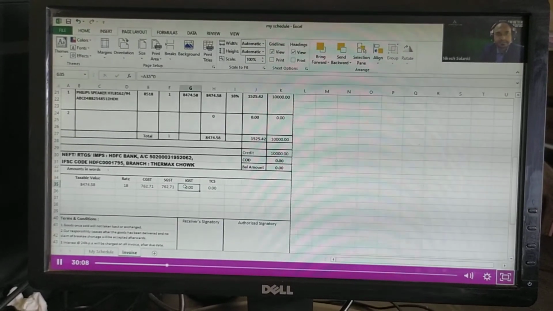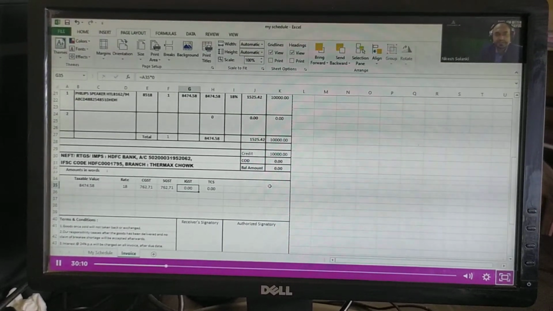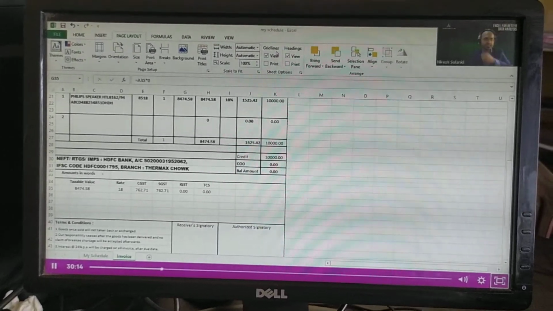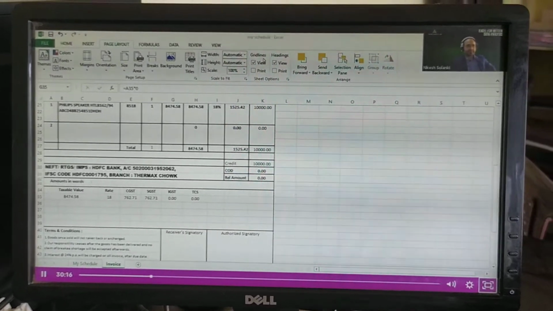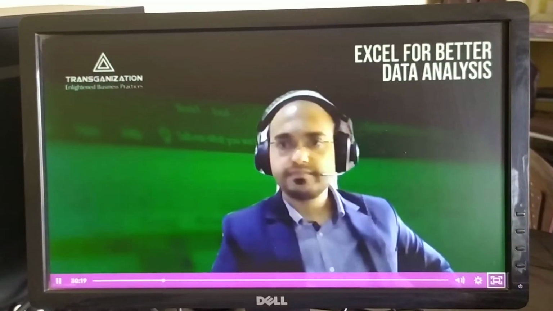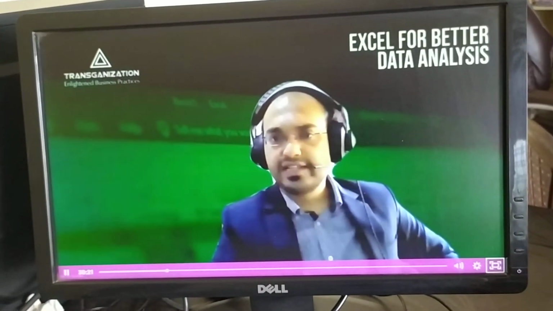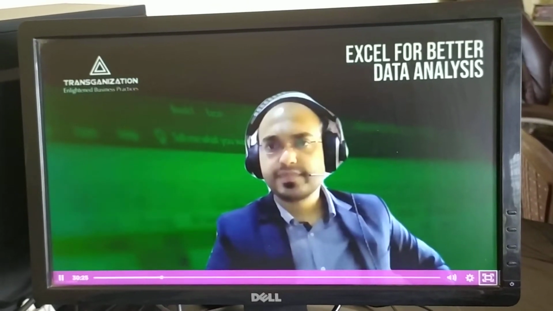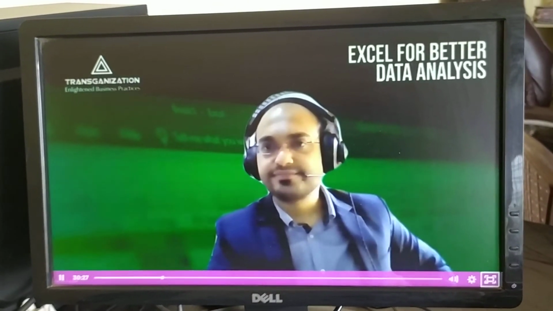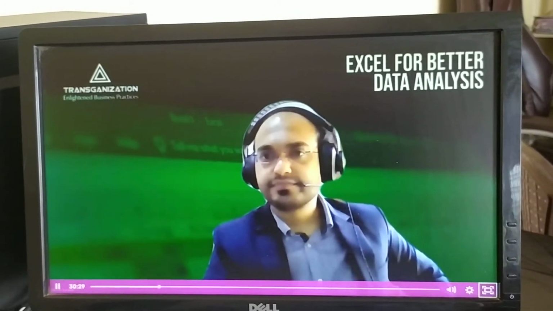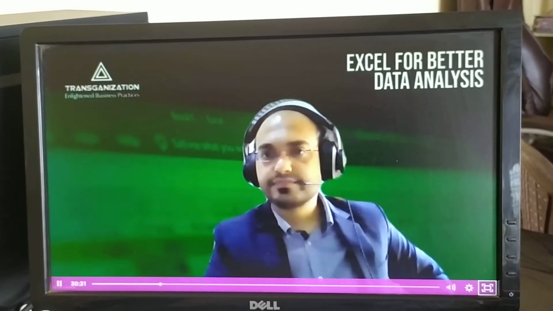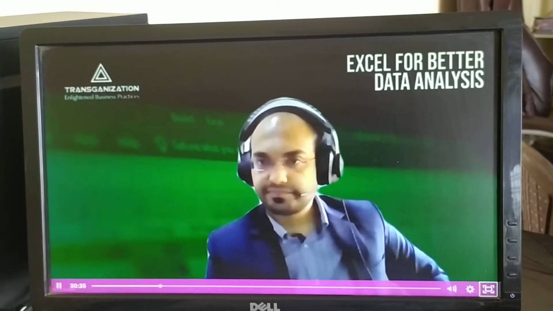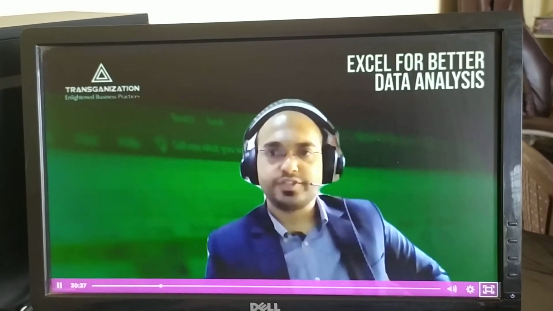Thanks a lot, Amol, you can unshare your screen. Anyone else who would like to share their screen and explain the invoice that they have made? Anyone else who wants to try? Yes, Rohit. Your hand was raised.